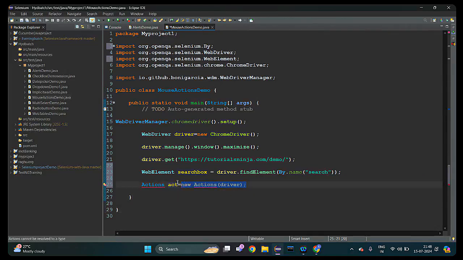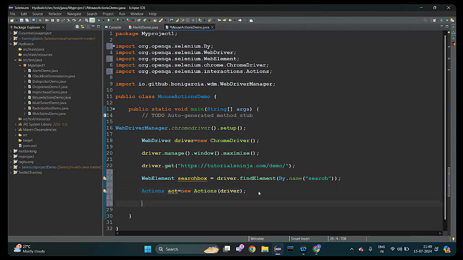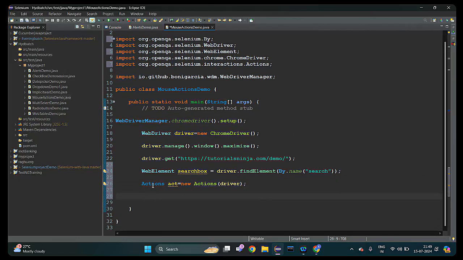Just give me a minute. Import the actions class. New actions, passing a driver reference. Okay. Now here we have created an object of the actions class, right? So take this reference of this actions class,